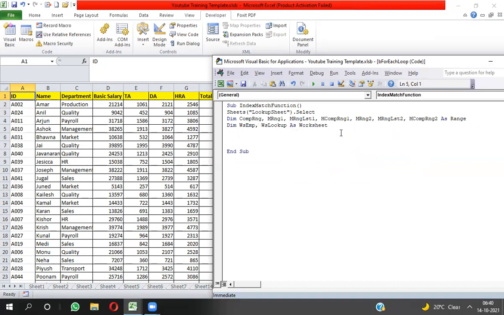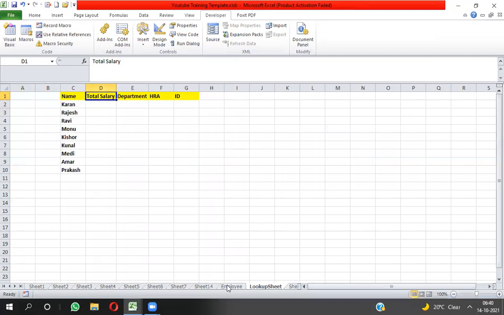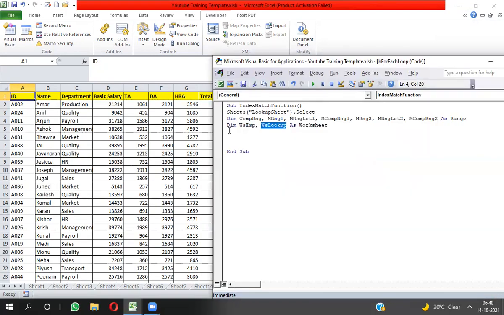In these two variables I will set a sheet. In ws imp I will set this sheet, in ws lookup I will set this sheet. So how can we set?